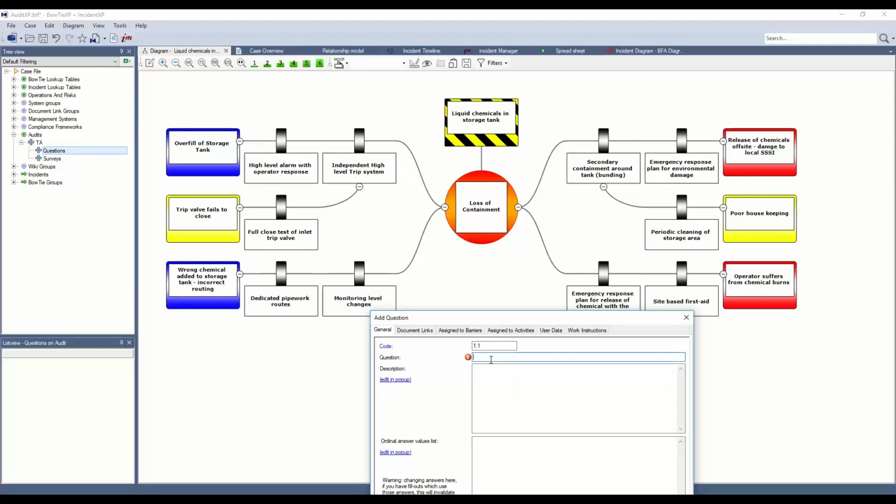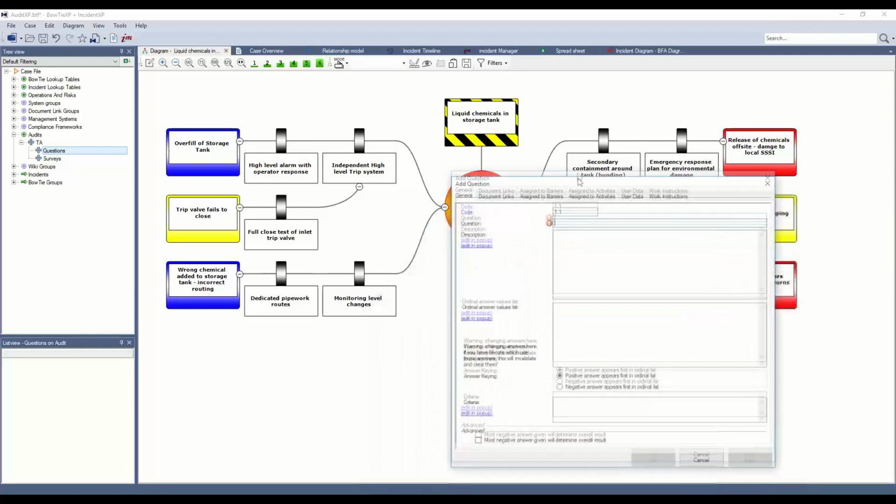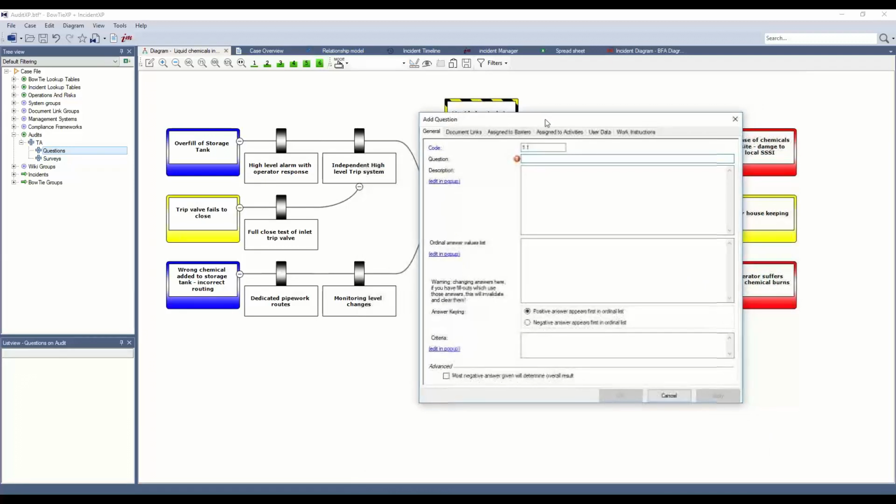As we can see, we have a high-level alarm with operator response. We might ask multiple questions. Some of them might be related to the operator response part. Others might be related to the high-level alarm. So in this case, I'm going to create a question related to the high-level alarm. I'm going to drag this window next to the barrier so everybody can see it entirely, and I'm going to